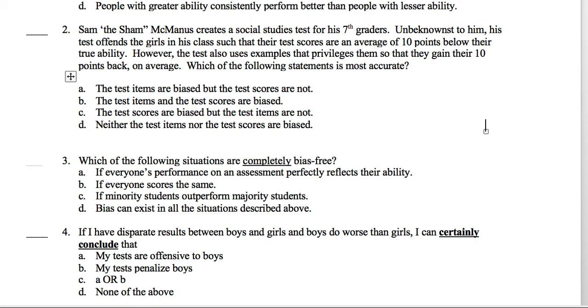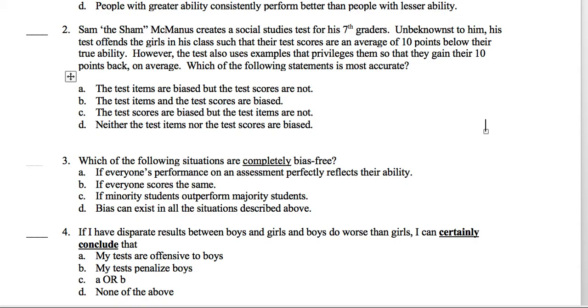Well, it's not D because I'm telling you things are biased in there, right? The question really is, is it the items, the scores, or both? Well, I am telling you that items are biased, that they get 10 points and they lose 10 points, right, on different items because of bias. So the items have to be biased. The main question is whether or not the scores are biased. Well, if on the average they gain 10 points but they lose 10 points, that means that on the average, their observed score should be the same as their true score, meaning that because I don't have an error,